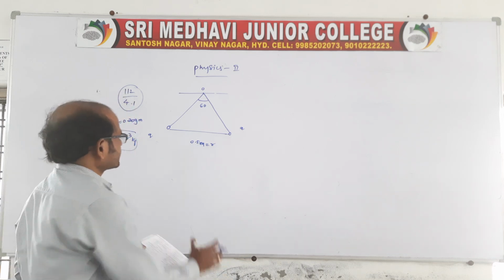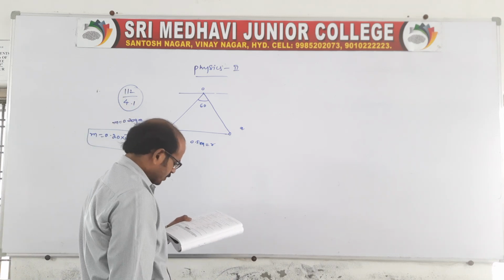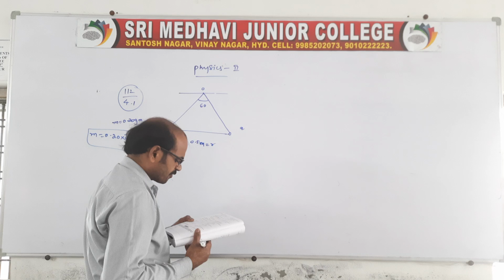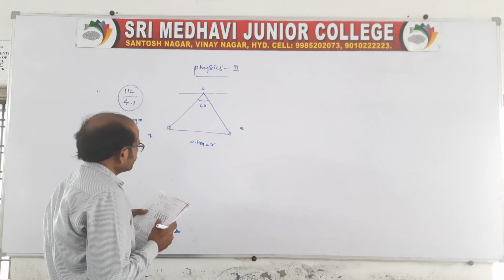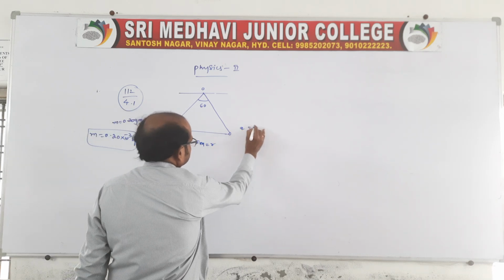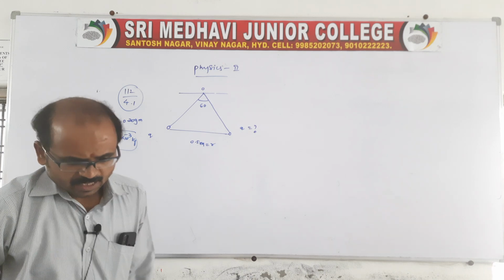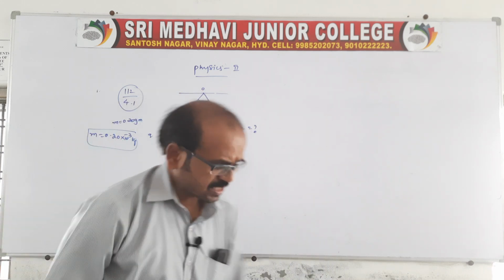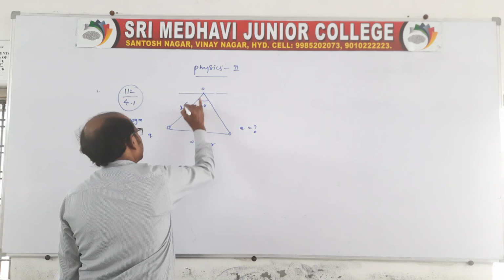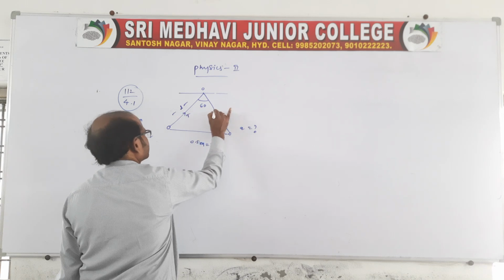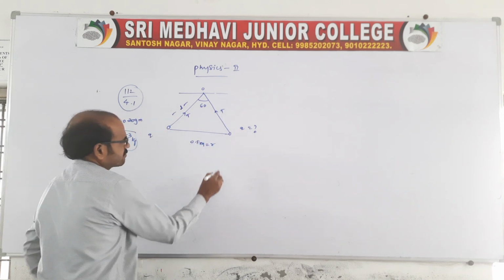And the distance is 0.5 meter. Coming to the point: find the charge on each ball. This is what the question is asking. Let me tell you one thing: the length of the thread is L, and the tension in the string is T, of course in the equilibrium position.